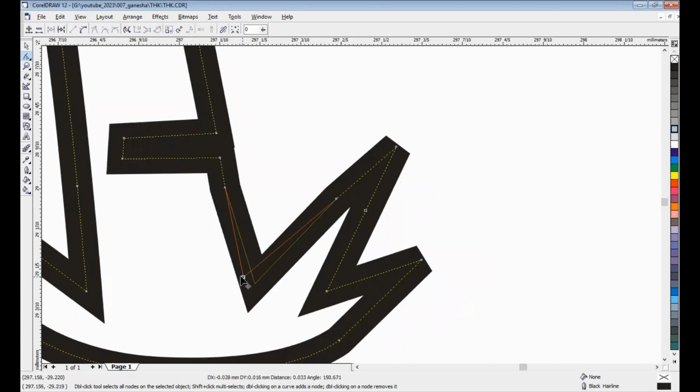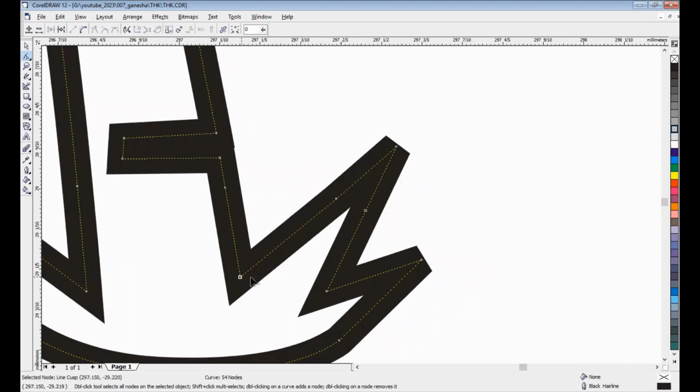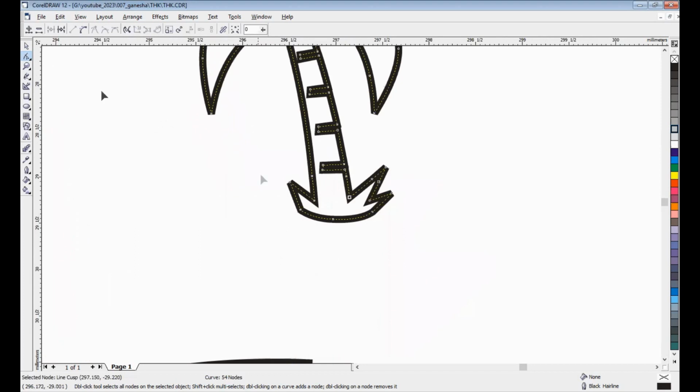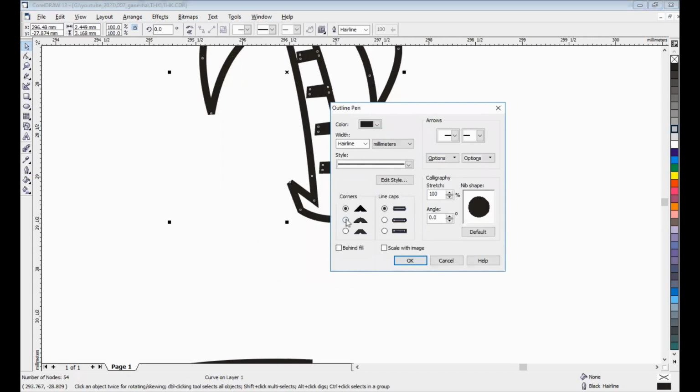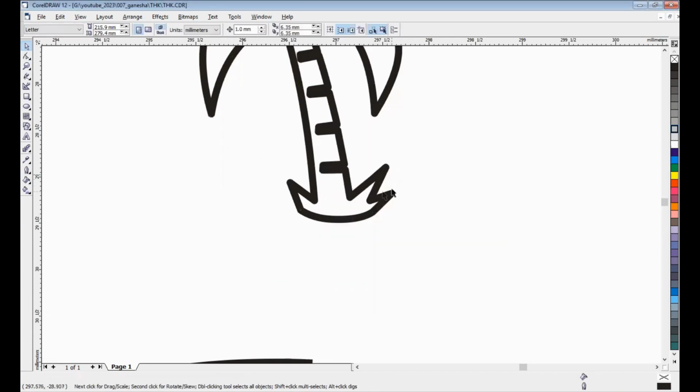Okay, that's it. After that, we can modify the line. Use this corner style and line cap like this. You will see the change.